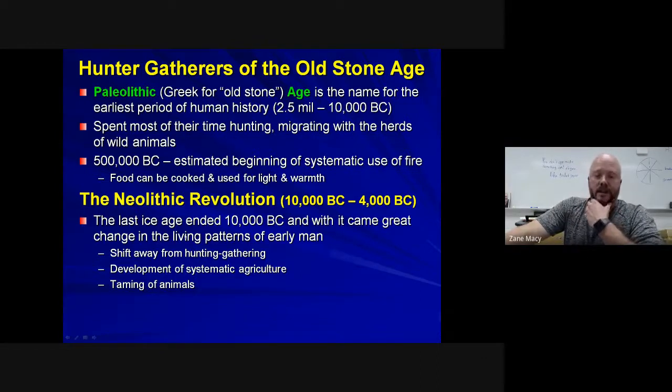The Neolithic Revolution: the last ice age ended around 10,000 BC, and with it came great changes in living patterns of early man. You start to see a shift away from hunting and gathering. You start to see the development of systematic, intentional agriculture. And when you don't have to hunt for food, in the sense of grains, roots or berries, once they learned that they could plant seeds and grow those plants and have one source of food available,